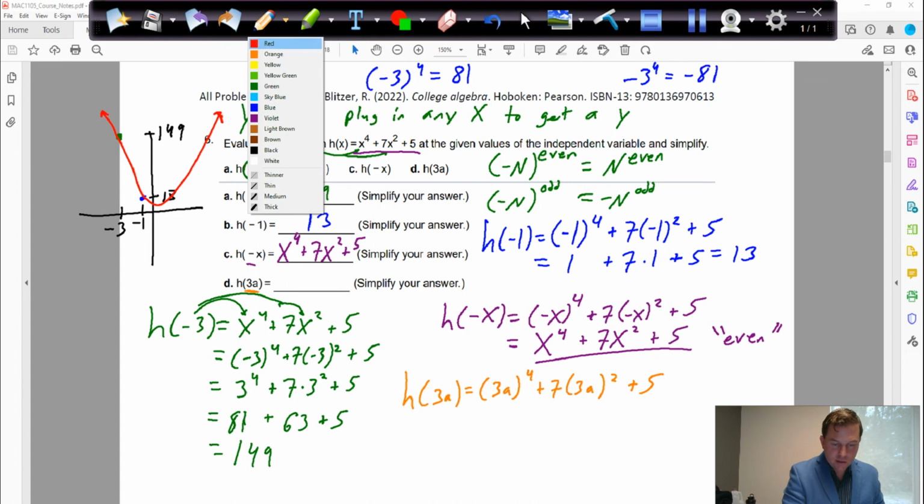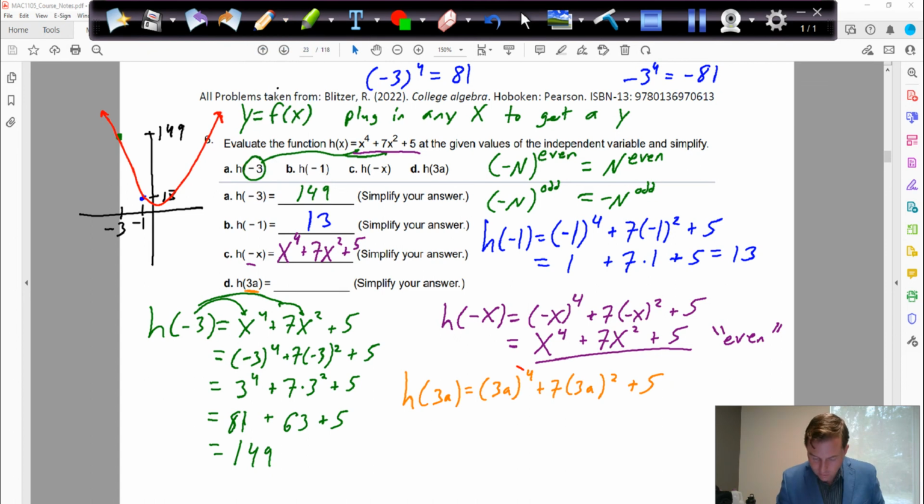Now the tricky thing about this is you have to distribute that 4. So that 4 is going to go on top of that 3 and the a. This 2 is going to go on top of that 3 and the a. So the powers are going to distribute. So we get 3 to the fourth times a to the fourth plus 7 times 3 to the second times a to the